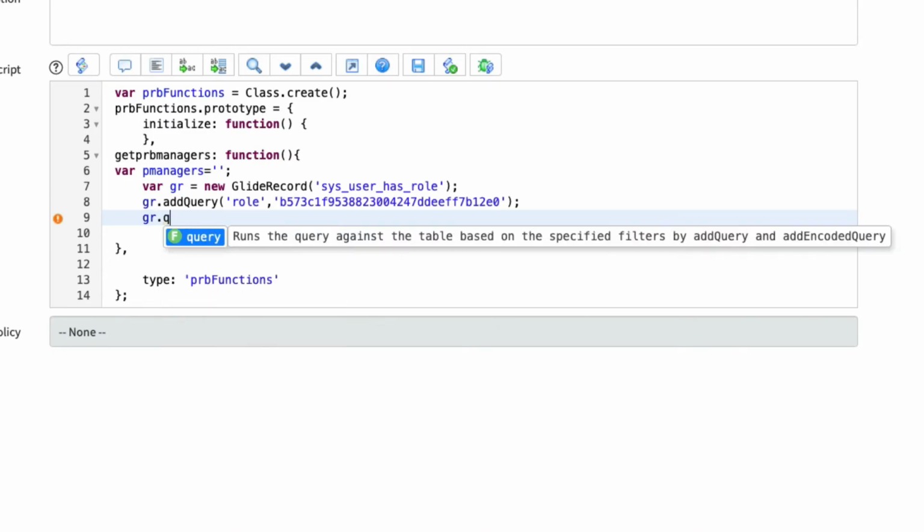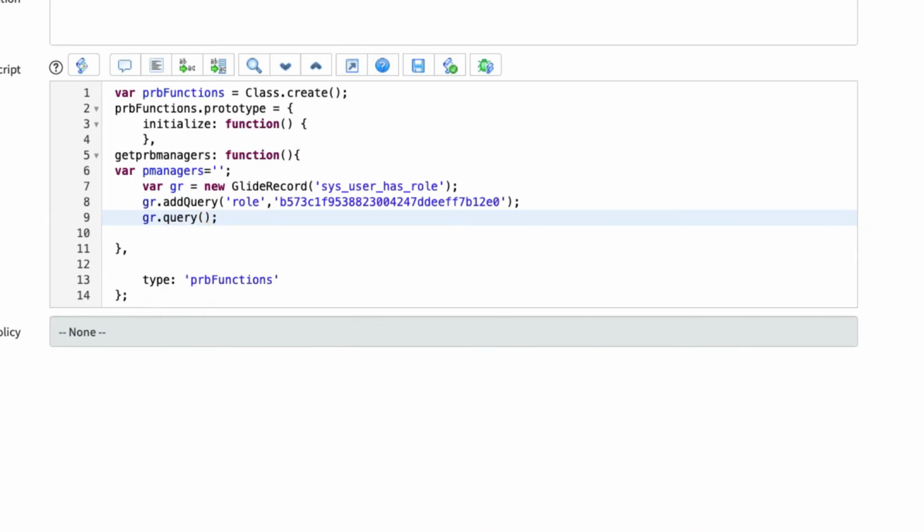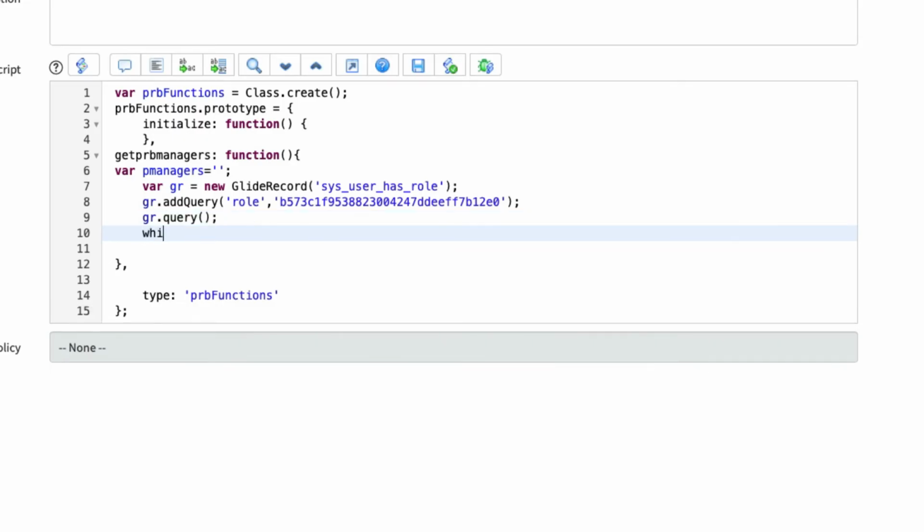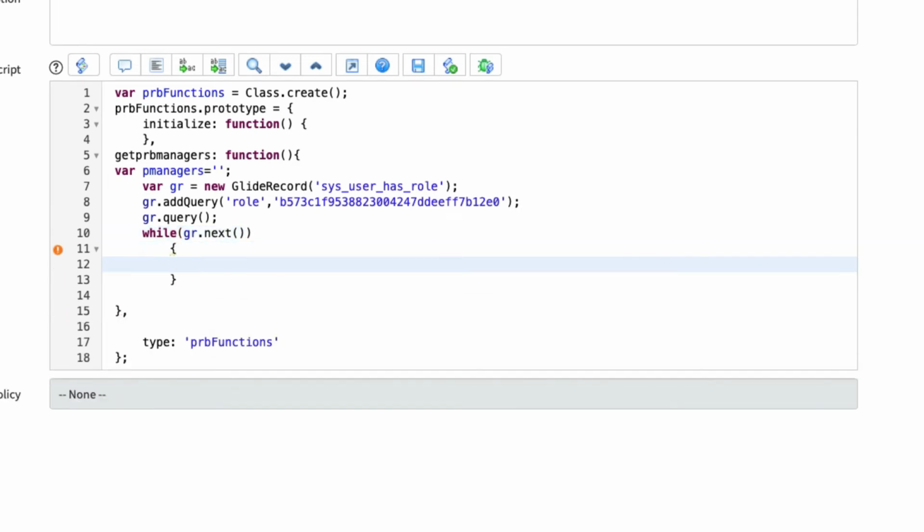Then we will do gr.query. In this case, you will find all the users with this role. Then I will do while gr.next. And here I will do p managers, that's a variable we created, equal to p managers